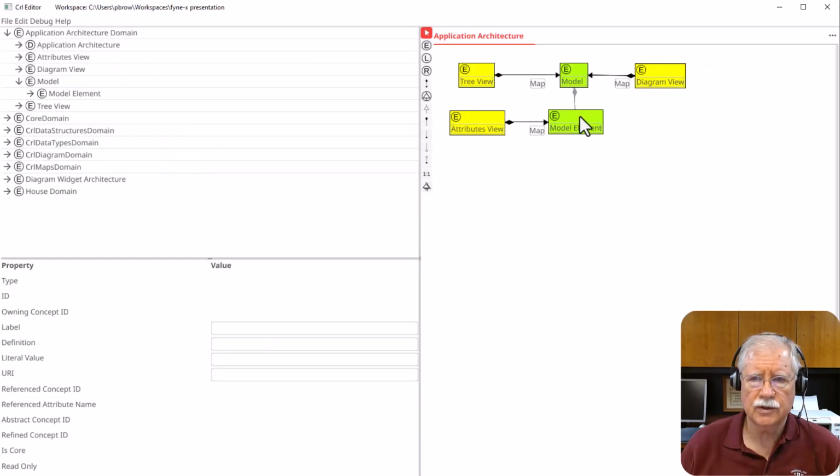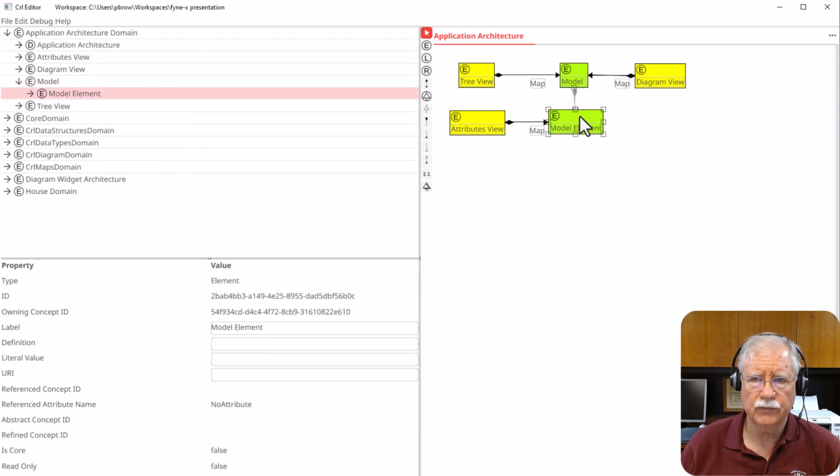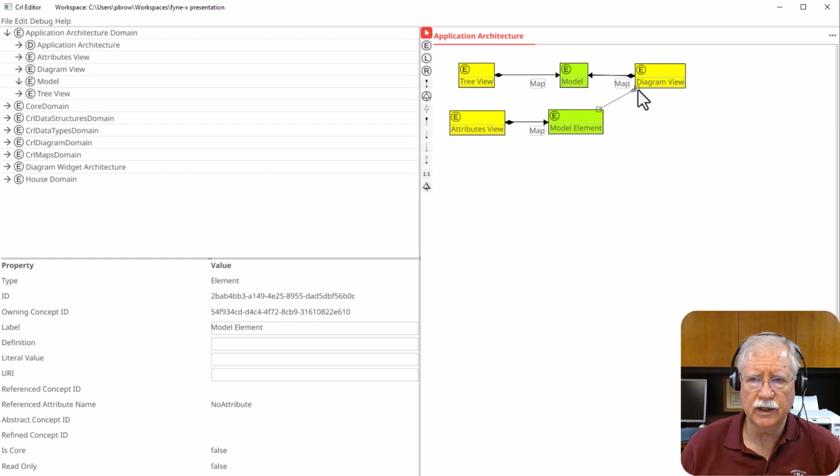So let's try this in more detail. I have the ownership relation here selected. If I drag it to another object, notice the perimeter highlights in green saying the connection is allowed. And now I look at the tree, I can see that the model element is no longer a child of the model. But if I open up this class here that's the diagram view,